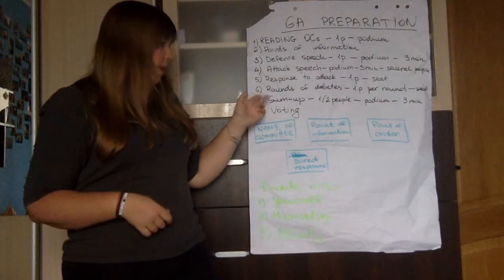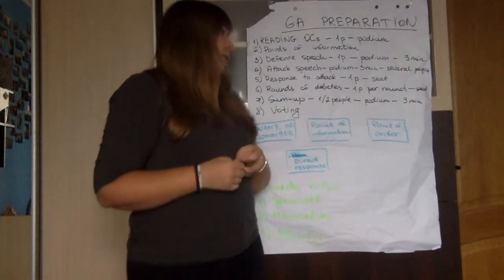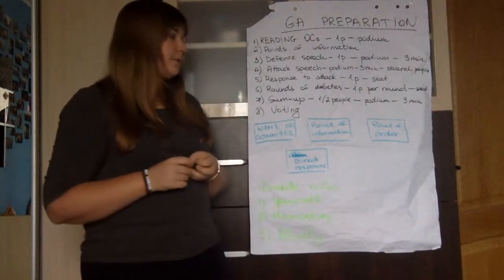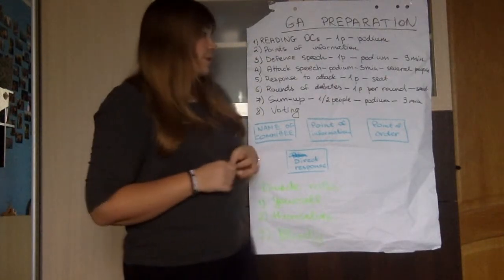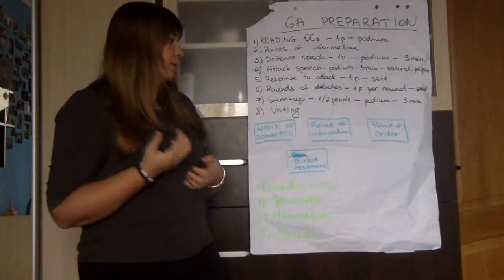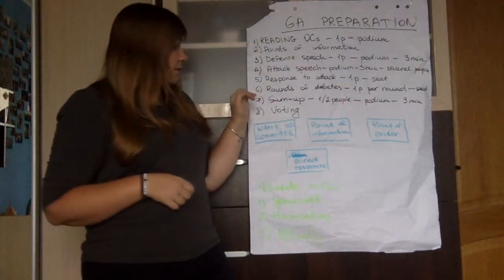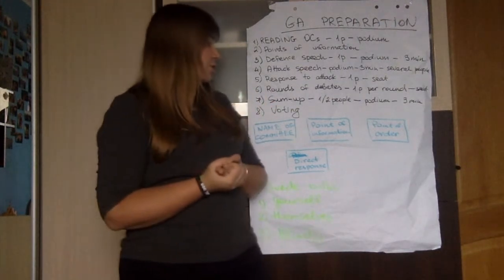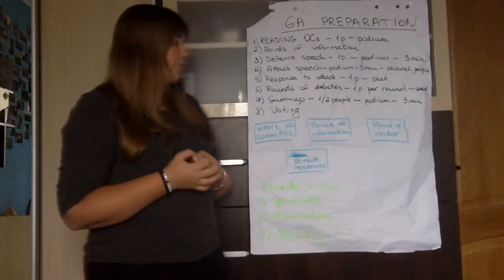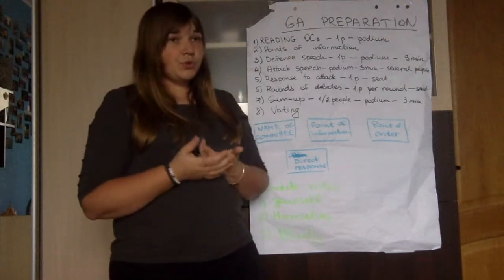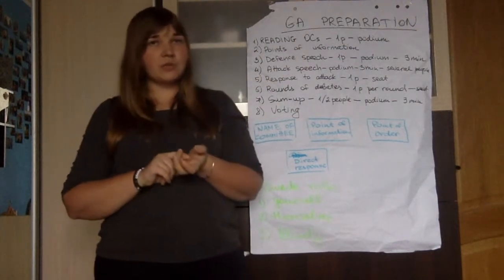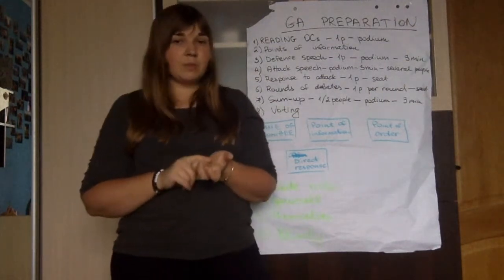And the next stage is rounds of debates. It's done from the seats, and the number of rounds of debates differs from session to session. Usually there are 3 rounds, and you need to choose 3 people who will be answering round by round. The next stage is the sum-up speech, which is usually done by 1 or 2 people from the podium, and it also lasts 3 minutes. Why 1 or 2? Because usually one person answers the last discussion round, and one person delivers the sum-up speech itself.